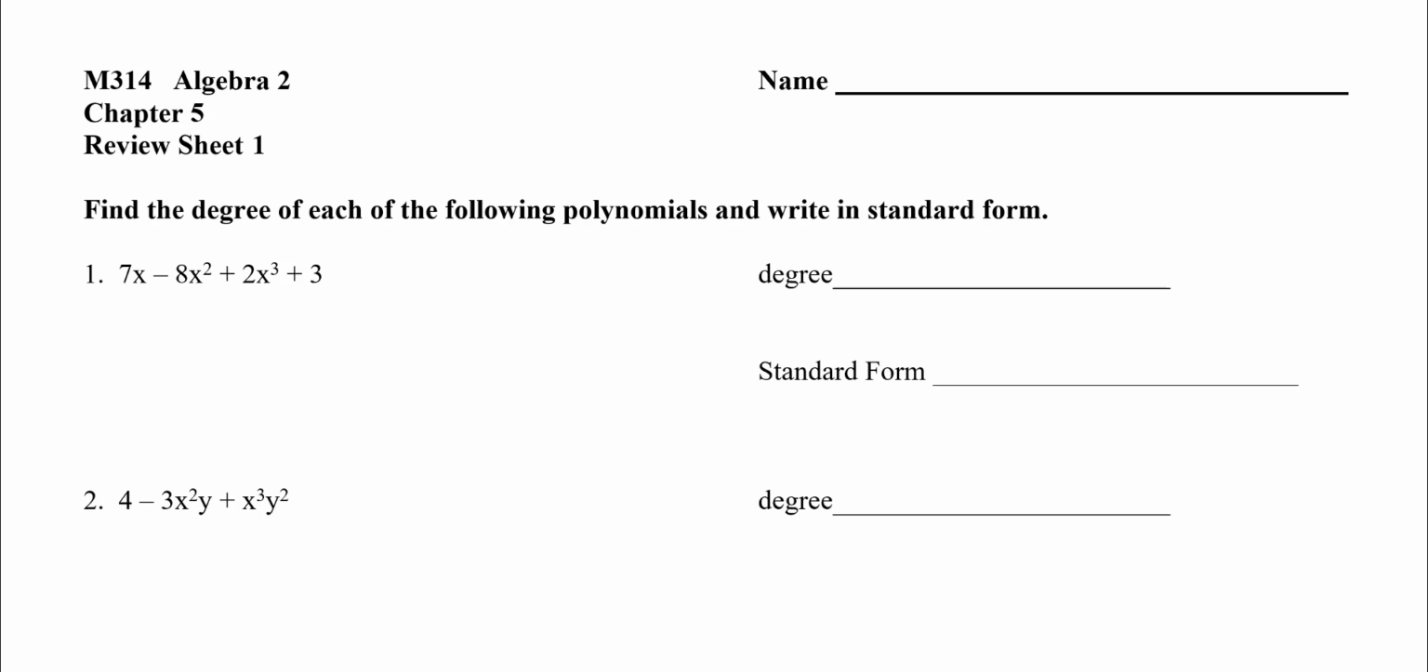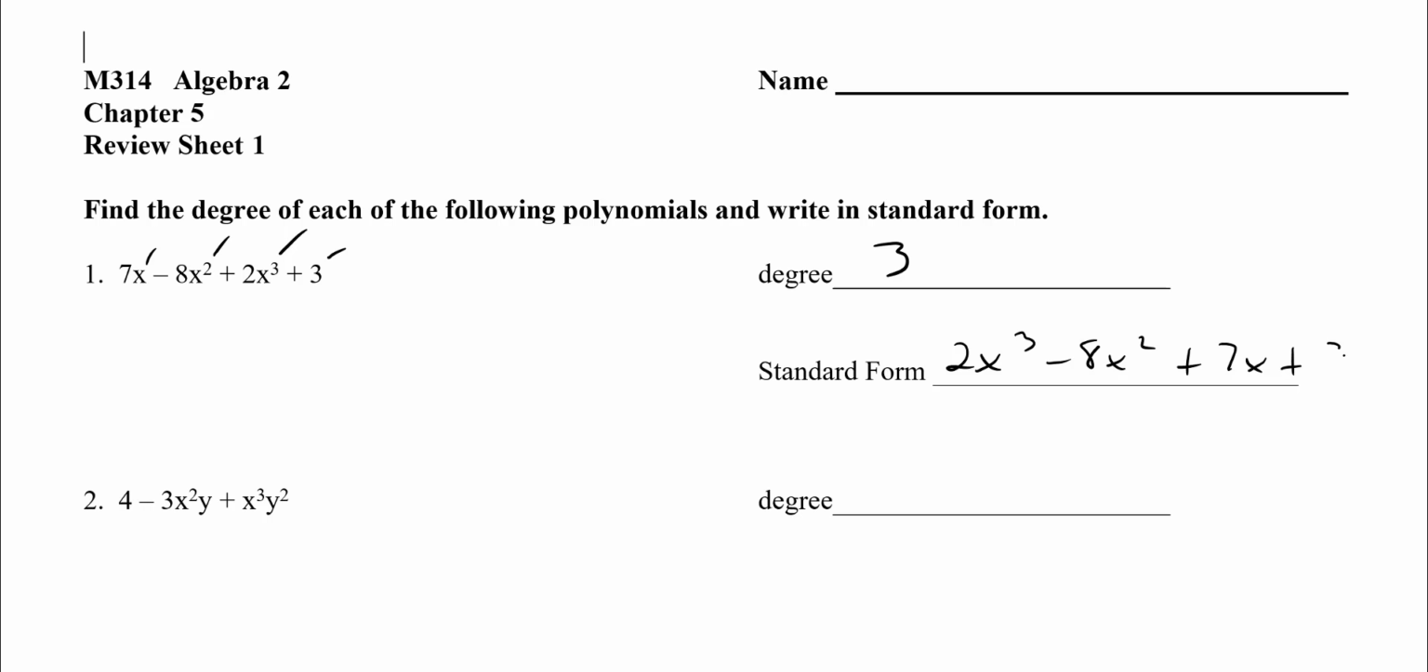Okay, find the degree of each of the following polynomials and write it in standard form. First of all, you have to look for the highest degree. So there's a 3, there's a 2, that's a 1, it's actually 0. The highest degree is x cubed, so the degree is 3. Standard form is highest exponent to lowest exponent, so it's going to be 2x cubed minus 8x squared plus 7x